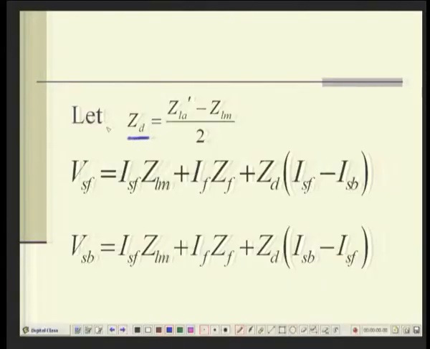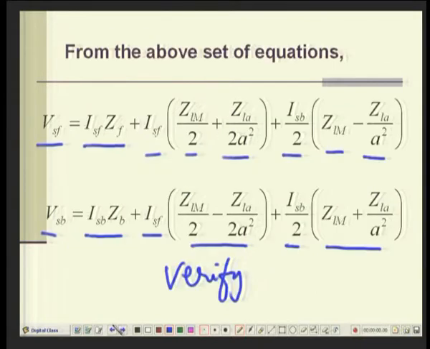Now, I have defined a term called ZD, which is ZL A dash minus ZL M by 2, because you have this term ZL A by A square. Okay. This is ZL A by A square, ZL A dash minus ZL M by 2. Okay. So, with that